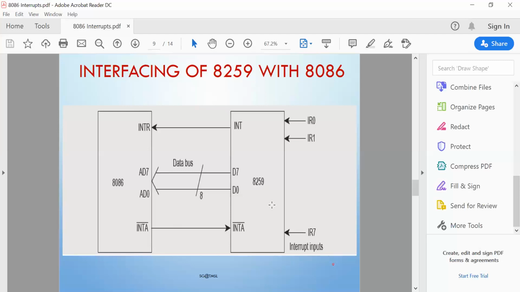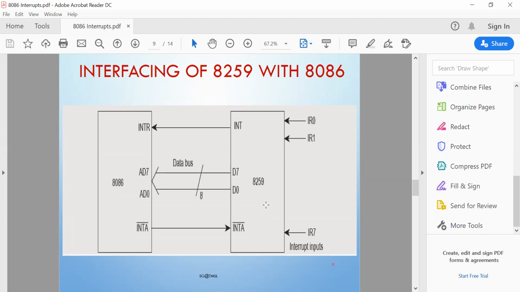So interrupt type means either 02 or 00 or 04 or FF. Which interrupt type has been given should be given through the lower 8-bit data bus, because that is the number of the interrupt type, which is 8-bit in size. So to give 00 or 01 or 02 or 03, like INT 00, the 00 is to be given through the lower order 8-bit data bus, because 00 is an 8-bit number.